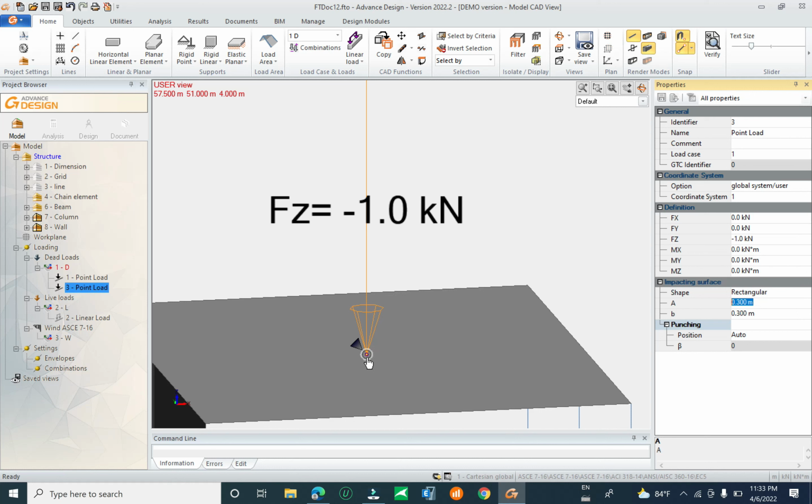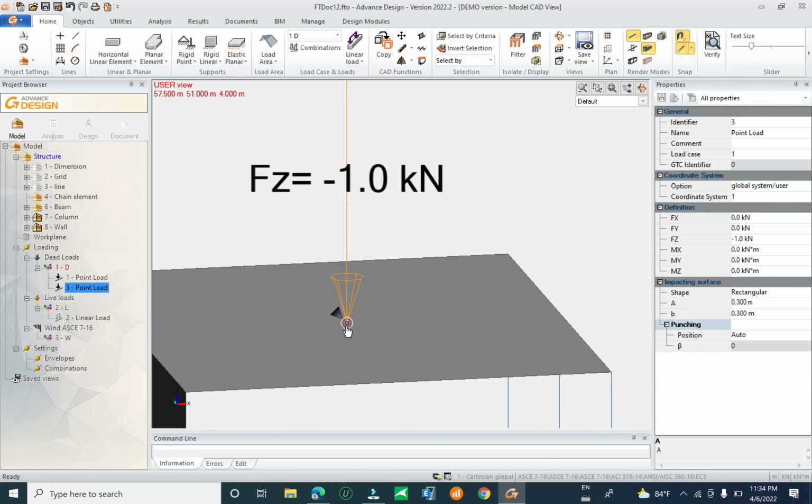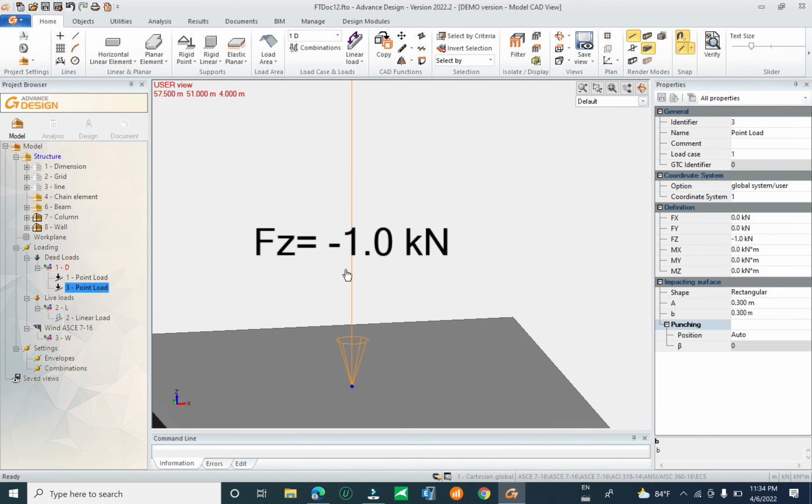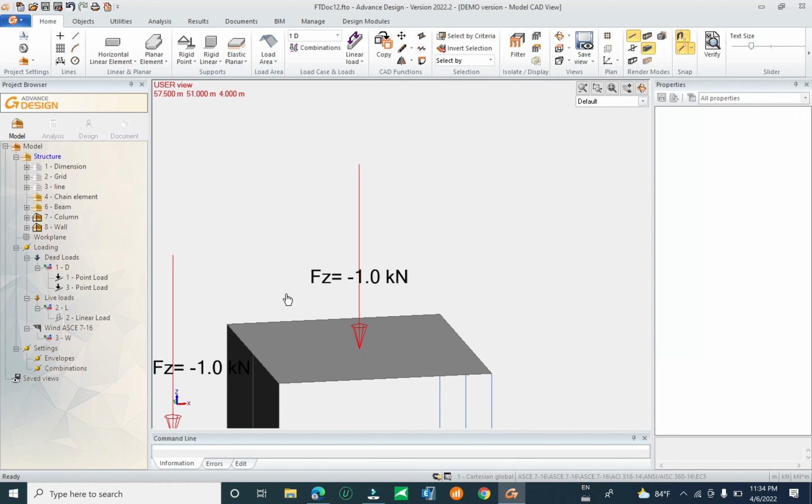not for only an infinite point. You cannot determine the surface. So we will create another phenomenon, I forget what it is called, when you have a higher load concentrated on one element, we will get higher stress on this point, and this is not realistic in real-life structures, because the load will be applied on a surface. So you have to determine the impact surface before you input your direct point load. Okay, now click on it,